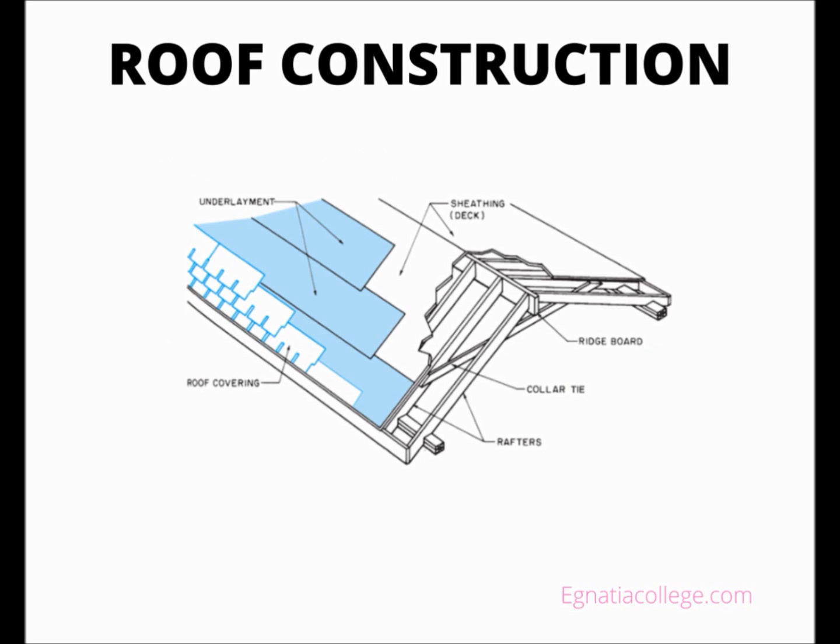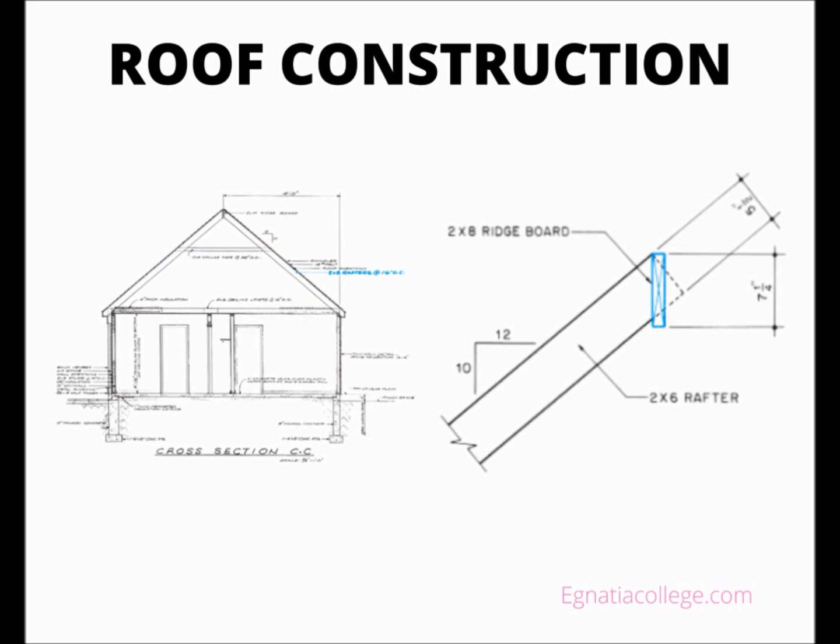Roof construction. In a common frame roof, the rafters, ridge board, and collar ties are the structural members. They are sized and spaced to support the weight of the roof itself plus any snow or wind that can be expected. The protection from weather is provided by sheathing or roof decking and roofing material. The size and spacing of the rafters vary depending on their length, pitch, and load, weight they must support, and are specified in tables R